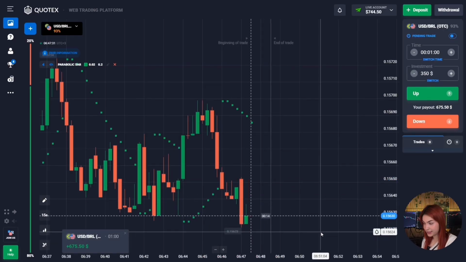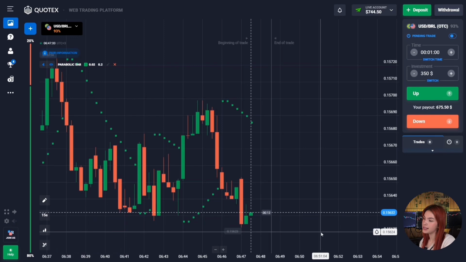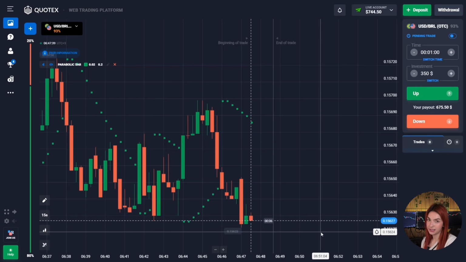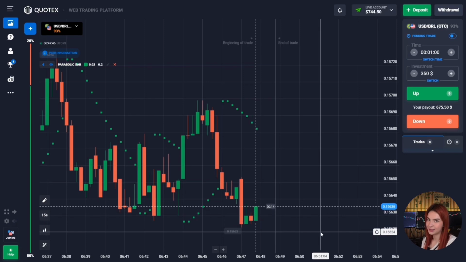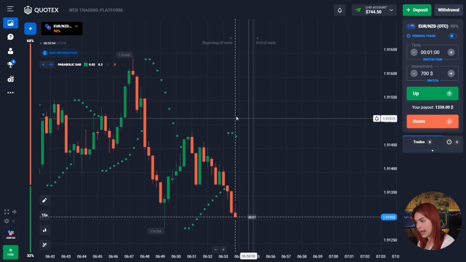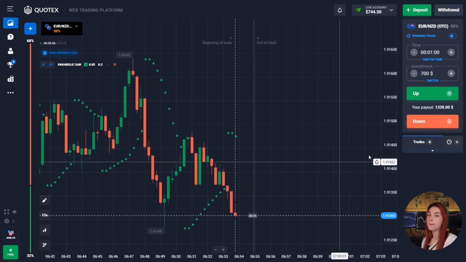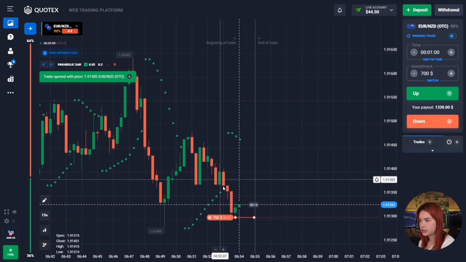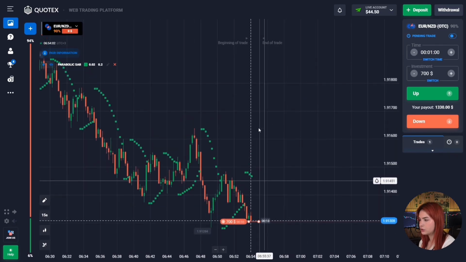Well, that's pretty good. As you can see, the price has made downward momentum, and thus this deal brought us profit, guys. Well, the indicator was right again because it helped us to find entry point, and I think that we have to continue. All right, my dear traders, here we have a downtrend and the indicator points appear above the chart. So we will open a deal to go down because the prices also are starting to move down